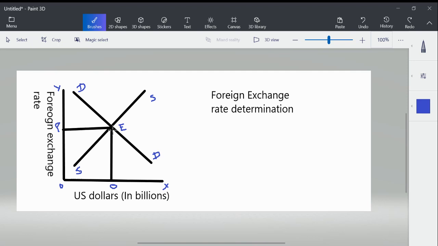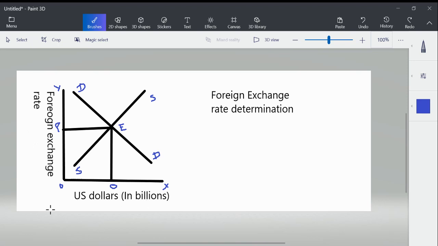The equilibrium price of the US dollar is known as the exchange rate of the US dollar, and the exchange rate is measured in terms of Indian rupees. It is measured in domestic currency, not in US dollars, because the US dollar is just a commodity. The price we pay to buy US dollars is determined at Y. Y indicates the price of the US dollar, and the price is always paid in your domestic currency. So the foreign exchange rate is determined in terms of Indian rupees, or domestic currency.